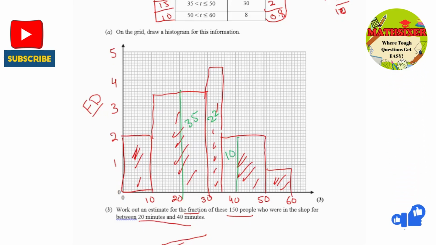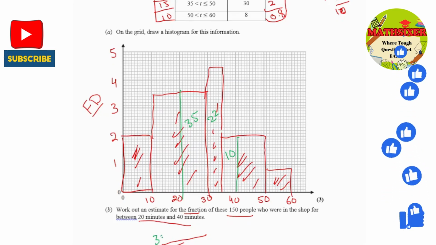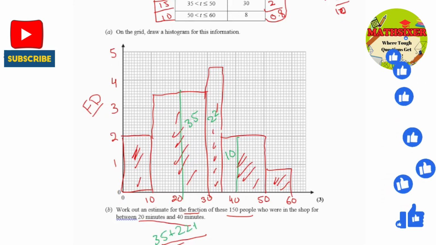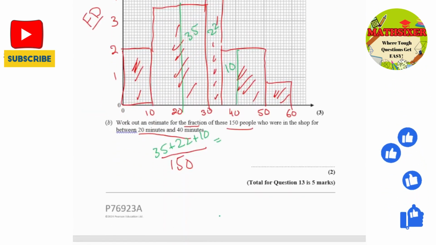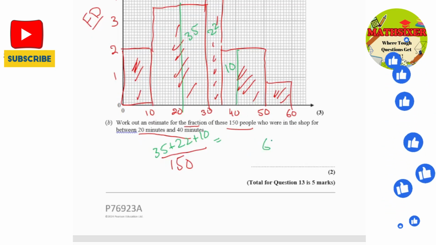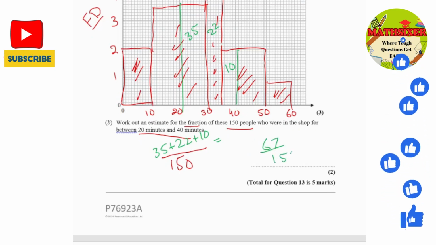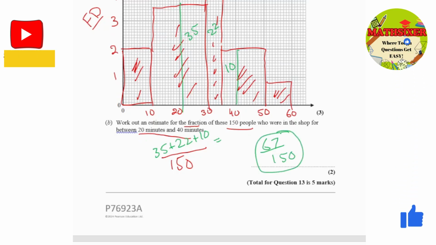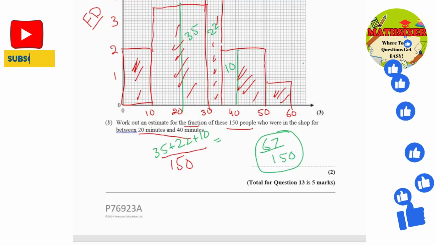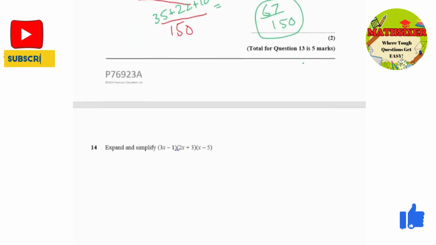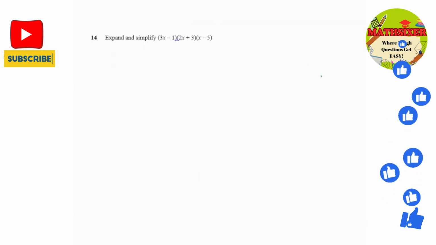If you add them up, 35 plus 22 plus 10, that gives us our final answer as 67 over 150. This is our final answer, because it says write down your answer as a fraction of 150 people. So there are 67 people in there. Okay, now we're going to look at this one. This question